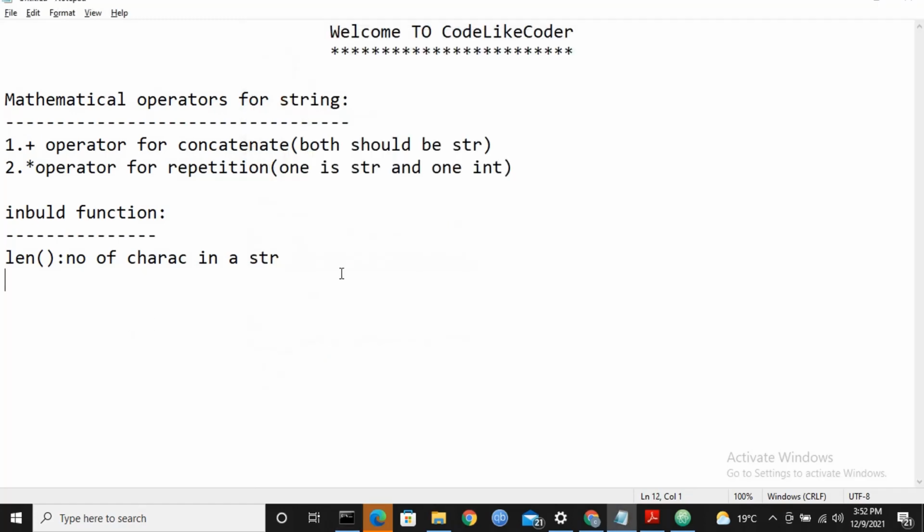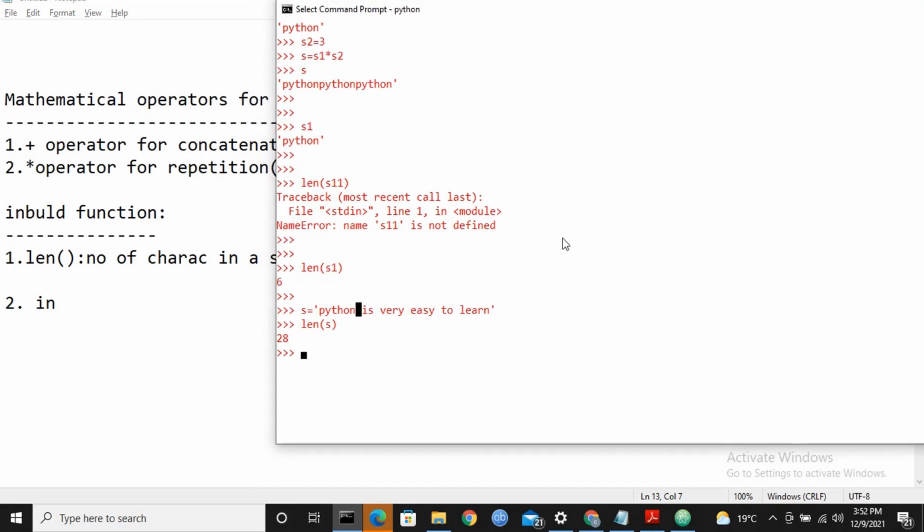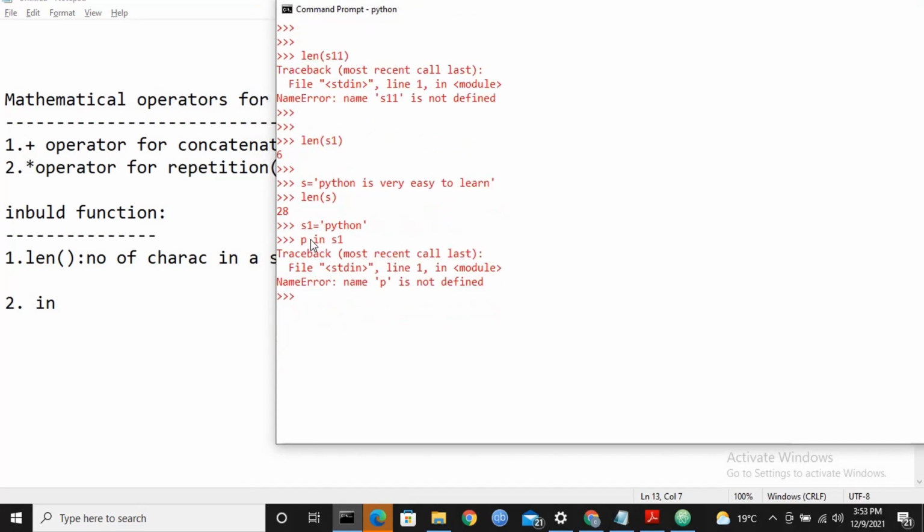Okay, and let's go for the second one. This is the first function, and then go for in. In is also one category. Let me explain in our Python console itself. I'm just creating one variable s1, and I'm checking whether the string character 'p' is present in the word called Python or not.